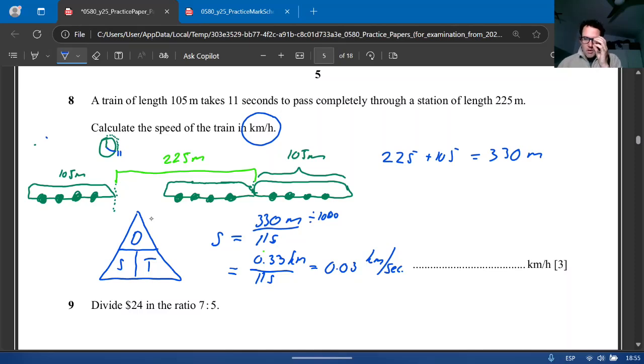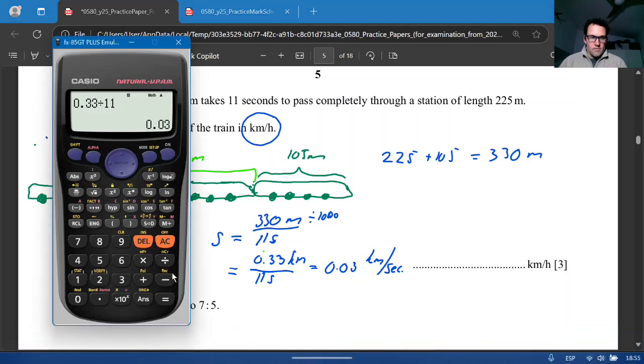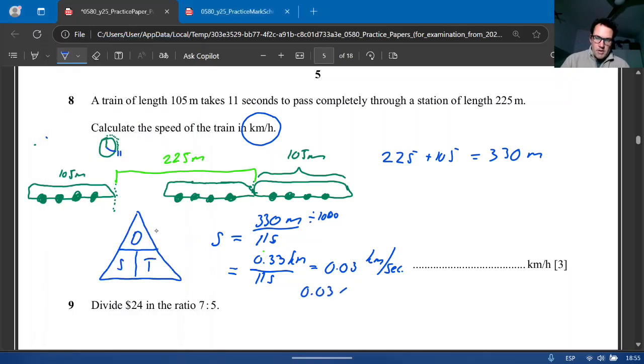How much is an hour? Well, we need to first times it by 60. So it travels 1.8 kilometers in a minute. Times it by 60 again. 108 kilometers in an hour. So what did we do? We did 0.03 times 60, minutes, hours,